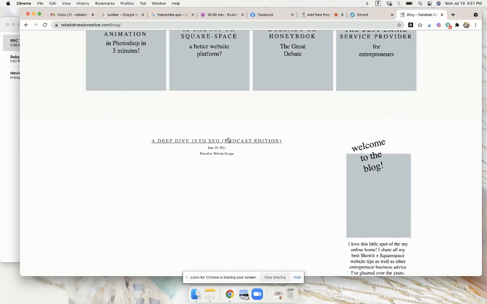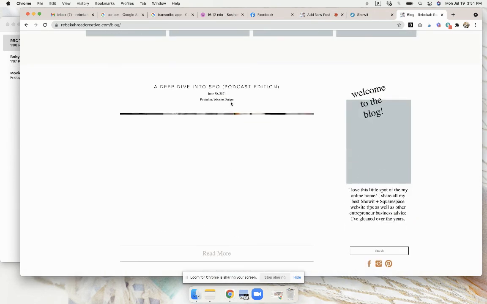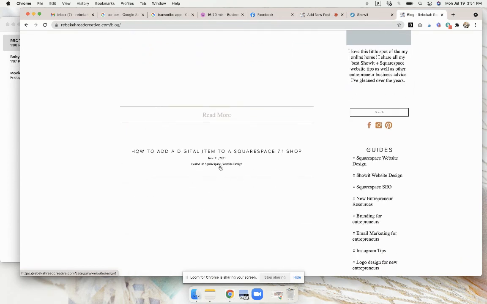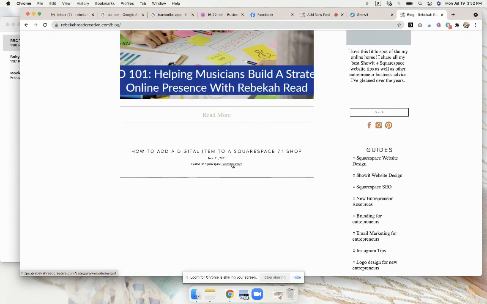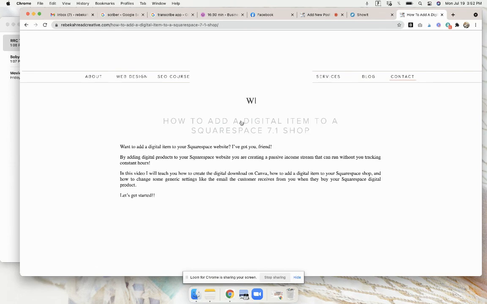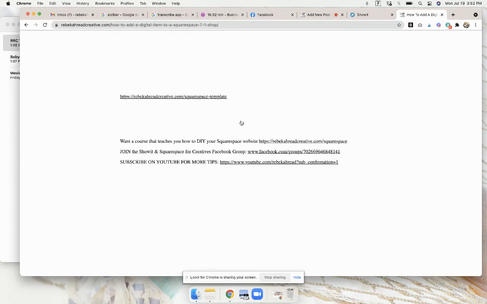Let's scroll down. And you can see the way I have my blog set up. I have it posted in website design. This is a category right here that I have. But if you don't see that, that just means that your template didn't have that. So if you click on the actual blog post, it should show the category. And we want to get that. So down here,